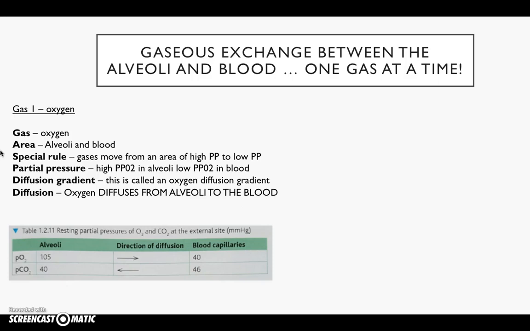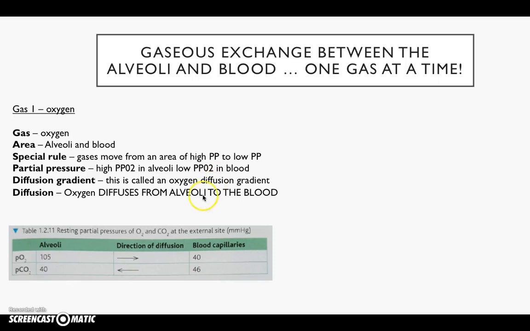of low partial pressure. So after that, we've got to think partial pressure, and we have a high partial pressure of oxygen, because we're talking about oxygen. So we have a high partial pressure of oxygen in the alveoli, i.e. in the lungs, and we have a low partial pressure of oxygen in the blood. There's loads of oxygen in the alveoli, there is no oxygen in the blood. The reason the blood has gone back to the lungs is to get oxygen. So the partial pressure of oxygen within the alveoli is high, the partial pressure of oxygen within the blood is